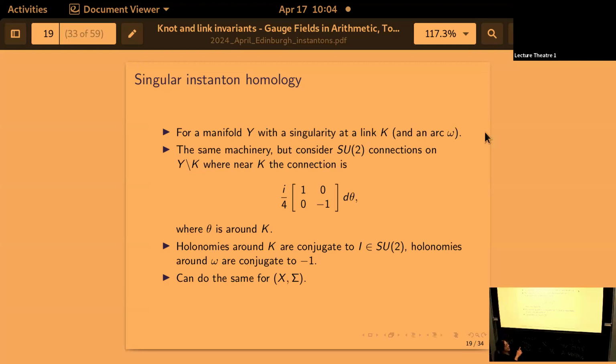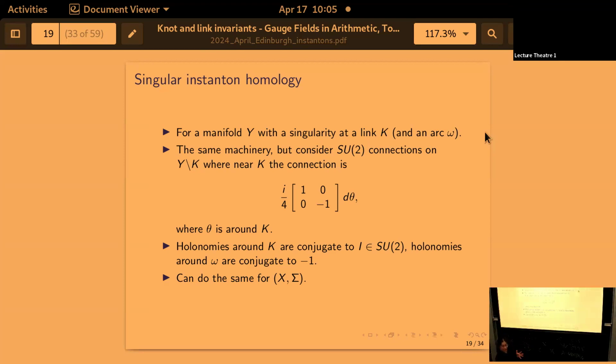Yeah, sorry, K is going to be a link in this. I think most topologists like to use K being a knot, but for some reason the people whose papers I'm referencing always make K a link. So you have a singularity at K. What this means specifically is you're going to choose a bundle that's defined away from K,